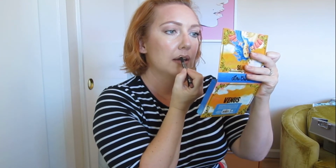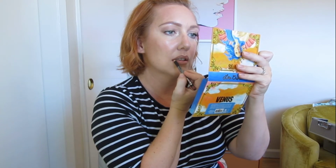Oh, SPF. So it's just really important that you protect your skin, especially if you are using products that are going to be exfoliating and all that kind of jazz. So that's pretty much the gist of it. Hopefully this was helpful. I know I didn't really talk about a lot of specific brands or products,